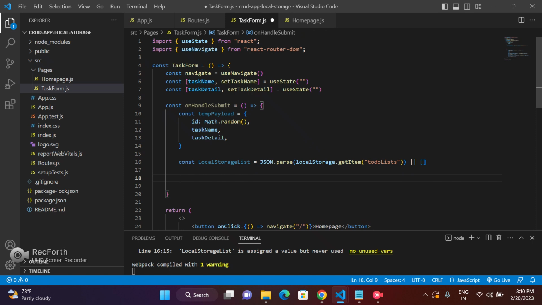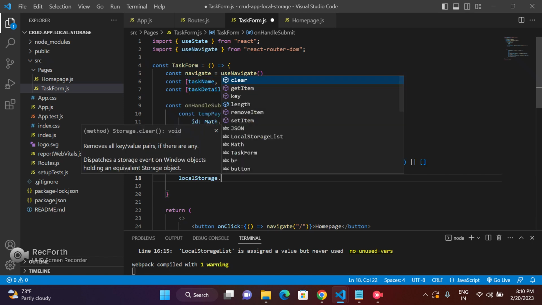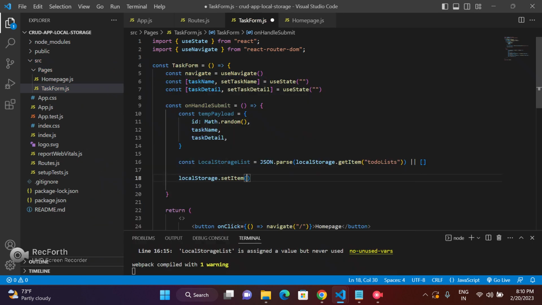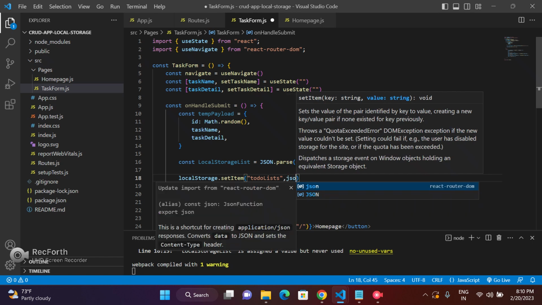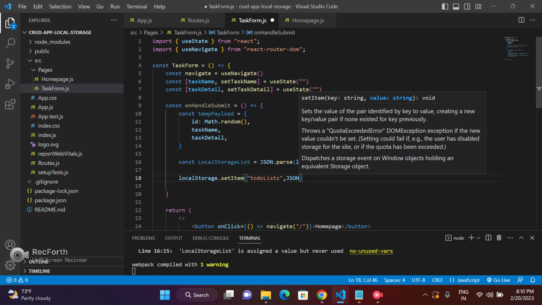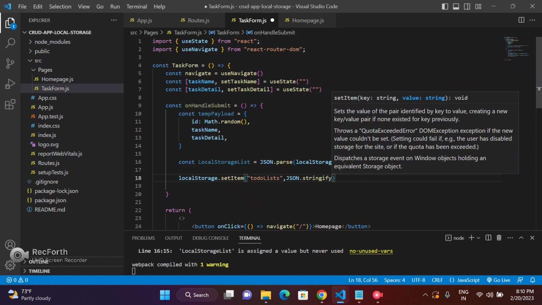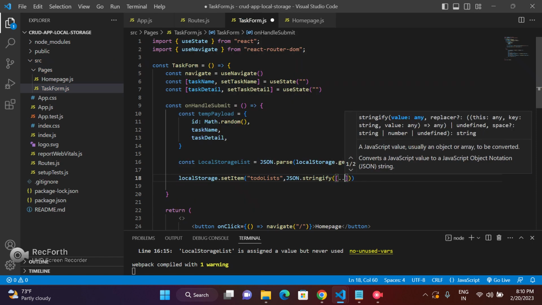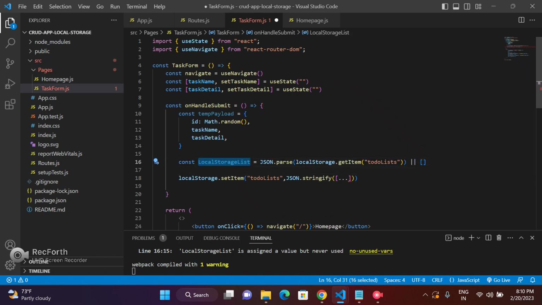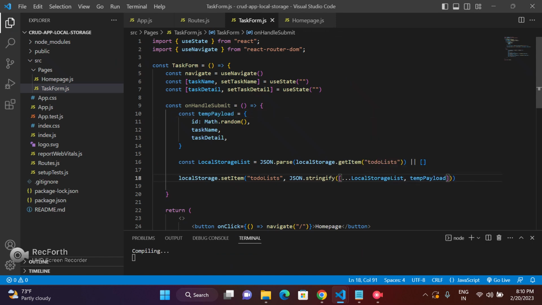Now what we need to do is set the data to local storage. So how are we going to set it? localStorage.setItem. What will be this? It will be todoList. This is the key, and what we need to pass? We need to stringify our data. JSON.stringify, and inside that, we will spread this array and we will add